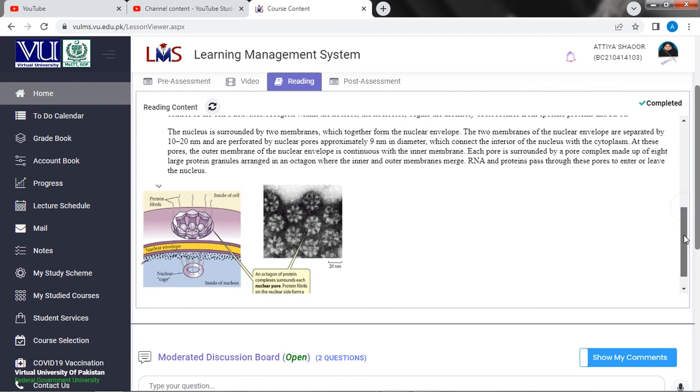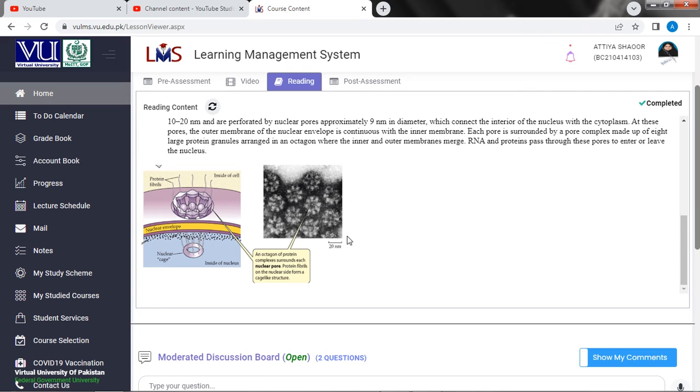Okay, so an octagon, this is an octagon. Protein complexes surround each nuclear pore. Protein fibers on the nuclear side form